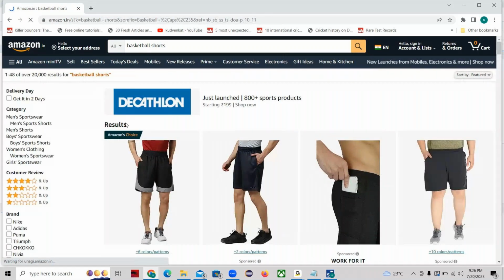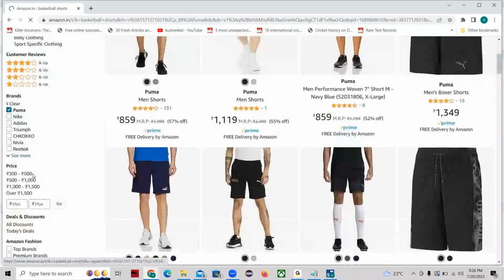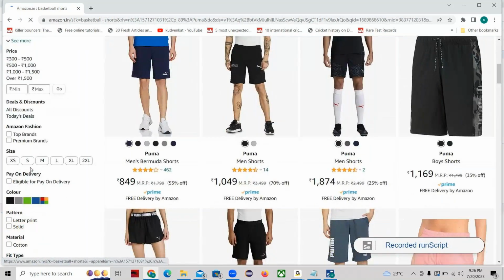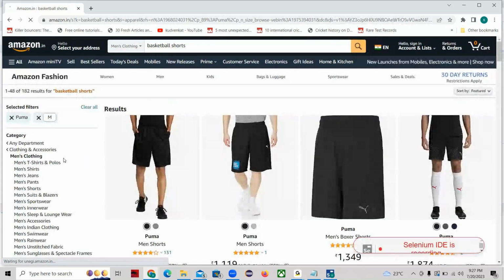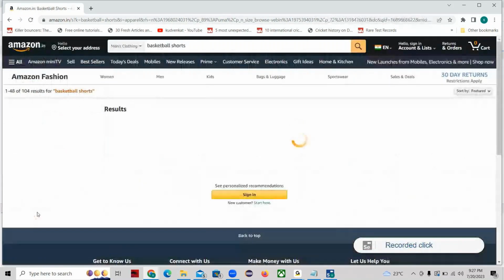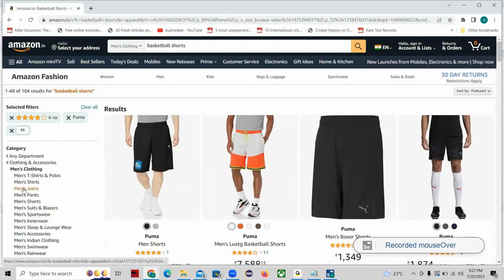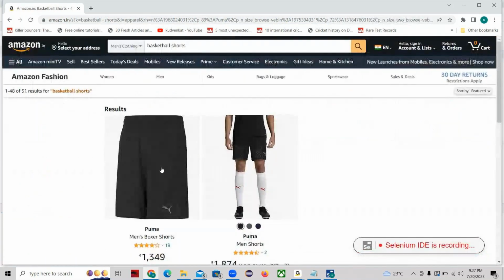Then I select a brand called Puma. Then I select my brand as M. Then I can select the customer reviews of 4 and above. Okay. Then I want to select the color as black. Clear? Yeah. Clear. So